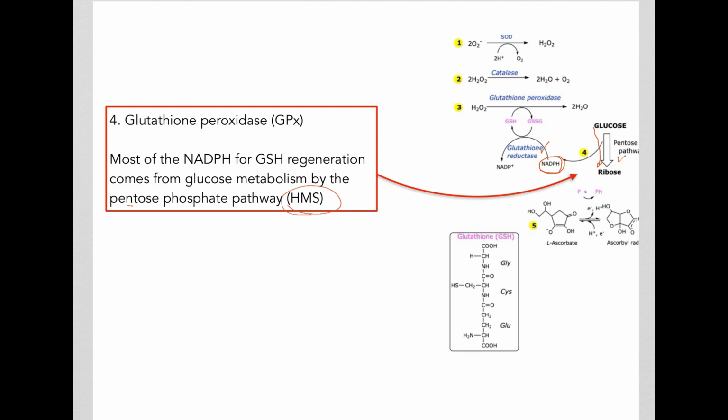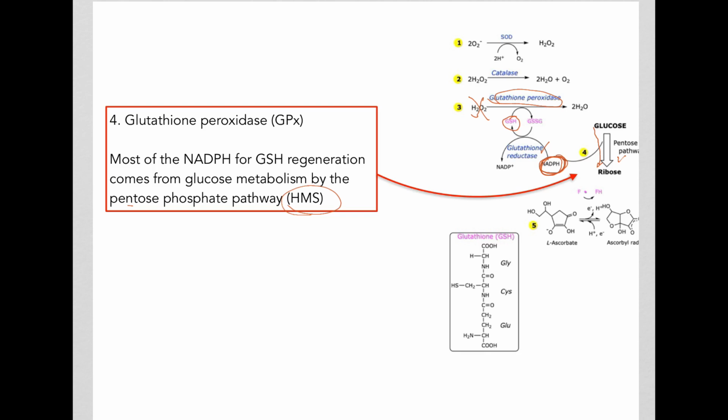One of the important functions of this pathway is to produce NADPH. And you can see now one important use of NADPH is to help regenerate reduced glutathione so that glutathione peroxidase can keep on